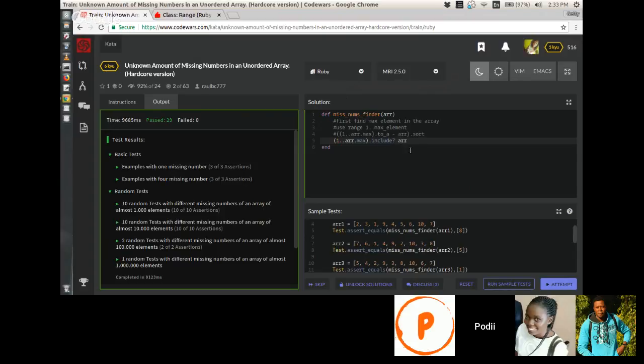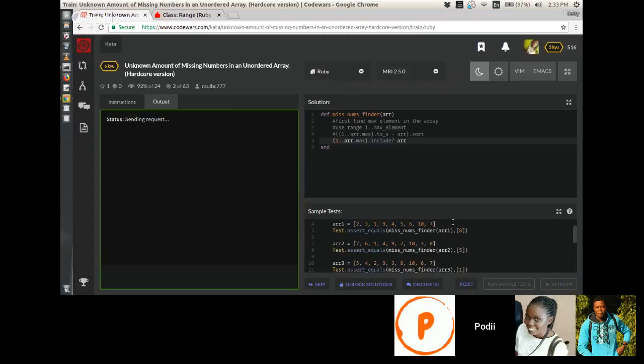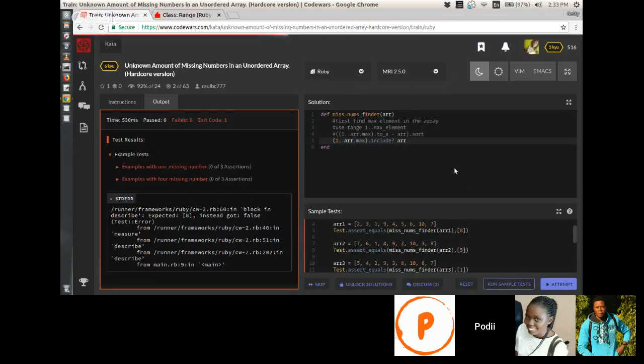So this does include, because it will look for this as a nested. It's going to check if the content has the array. One missing number. Okay. We do Python.